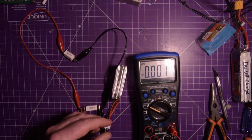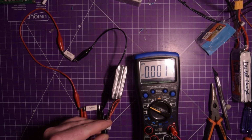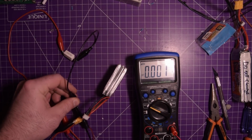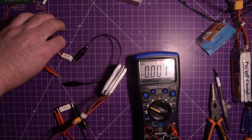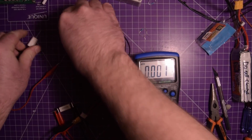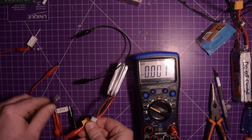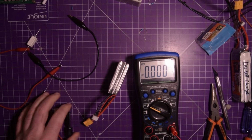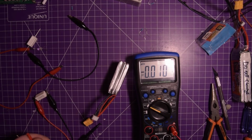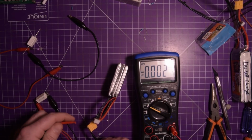Let's just see if this thing's hot. No. Okay, so it's pretty much dead. Completely dead. I can remove all this. That's good there. So now we know it's pretty much 0 volts. We'll just make sure of that by grabbing these guys like that, and